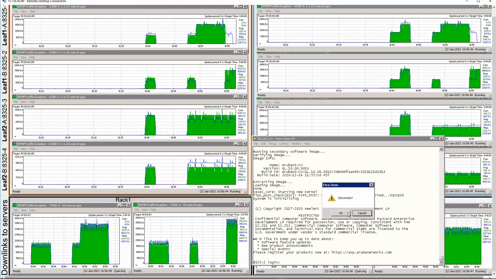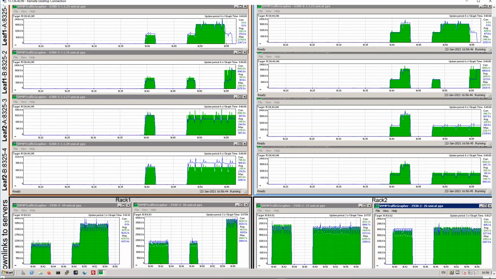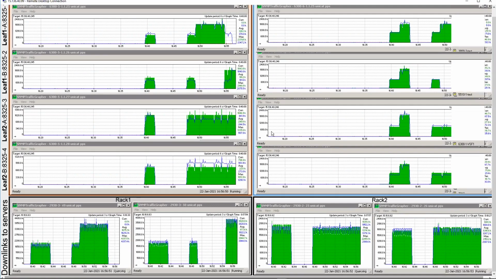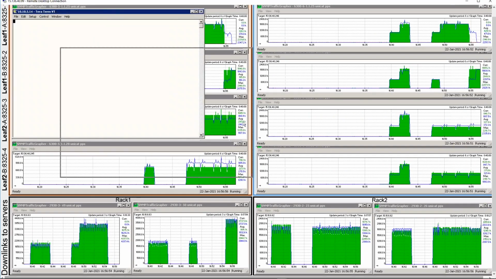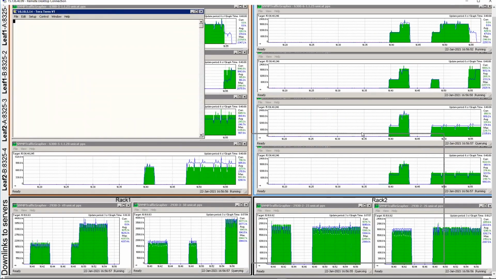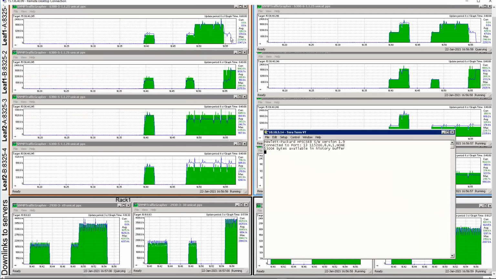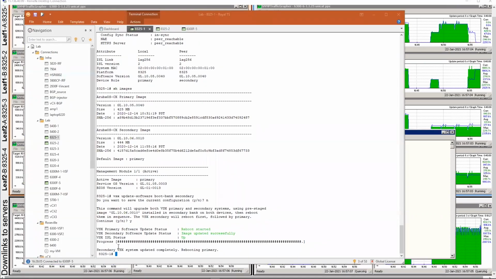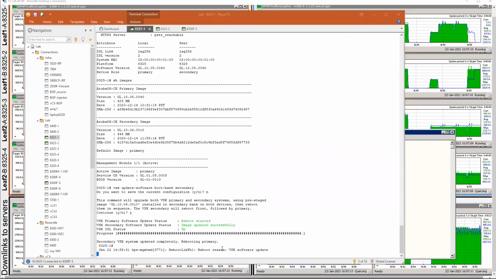Let's take a look. I'm going to open the console port, this time on the primary, to see where the primary is in terms of reboot. You see here, now there is no traffic any longer on the primary, and it's likely that the primary has rebooted. You see the message here: secondary VSX updated completely, rebooting primary, reboot reason VSX software update. So the primary is now rebooting.